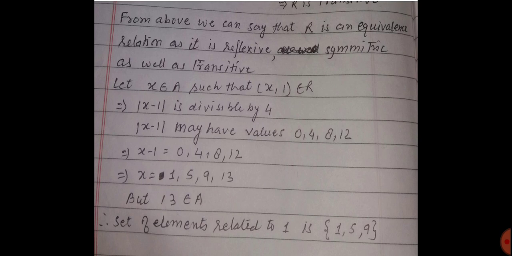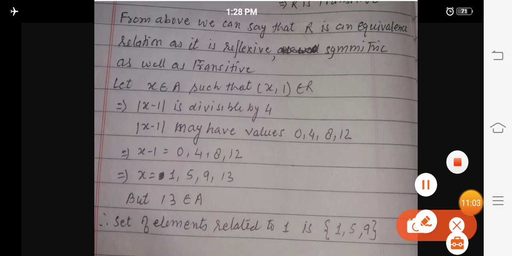So till now we have proved that the given relation is reflexive, symmetric as well as transitive. And what is the definition of the equivalence relation I told you in the last video? Can you remember? I told you clearly that a relation is said to be an equivalence relation if it is reflexive, symmetric as well as transitive. So in this question we have proved that the given relation is reflexive, symmetric and transitive also. So we can say that the given relation is an equivalence relation. Okay.